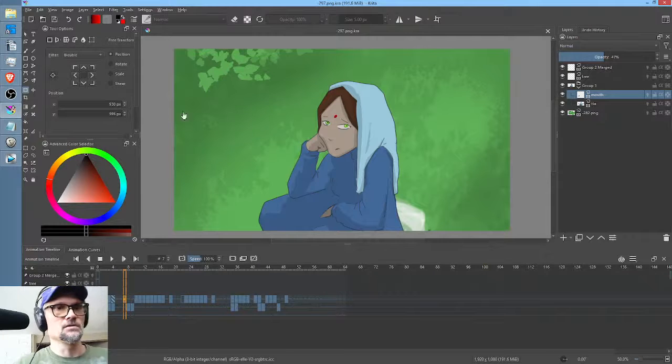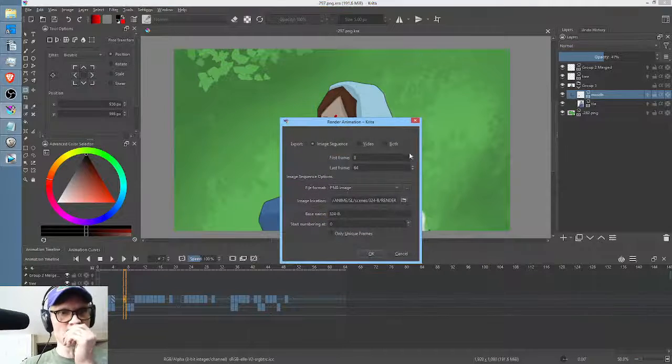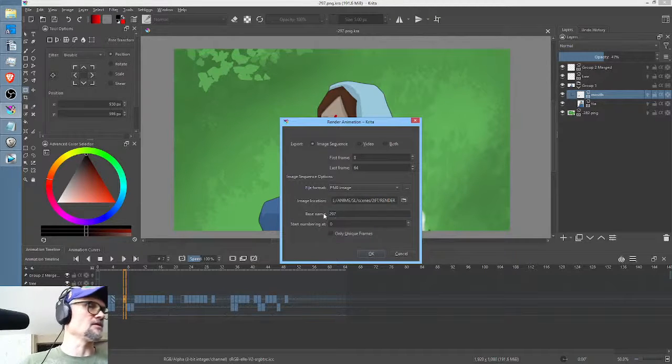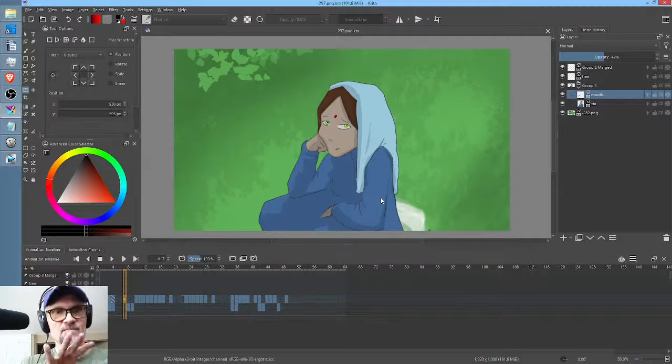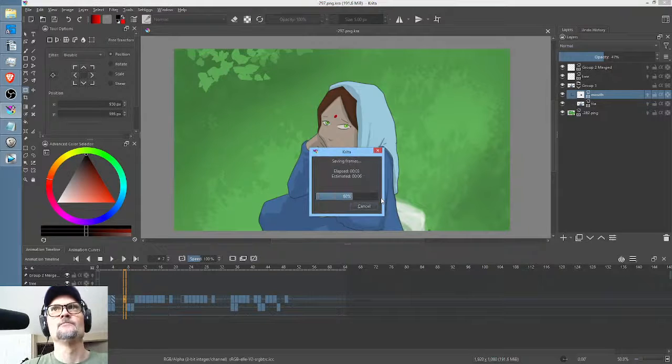And let's render this as well. 0 to 84, and let's see if this, yeah, this is wrong. So we need to set this. So this shot, since Krita 5's been around, has never been edited. So this is shot 297. So now we're going to get the render settings baked into the scene,